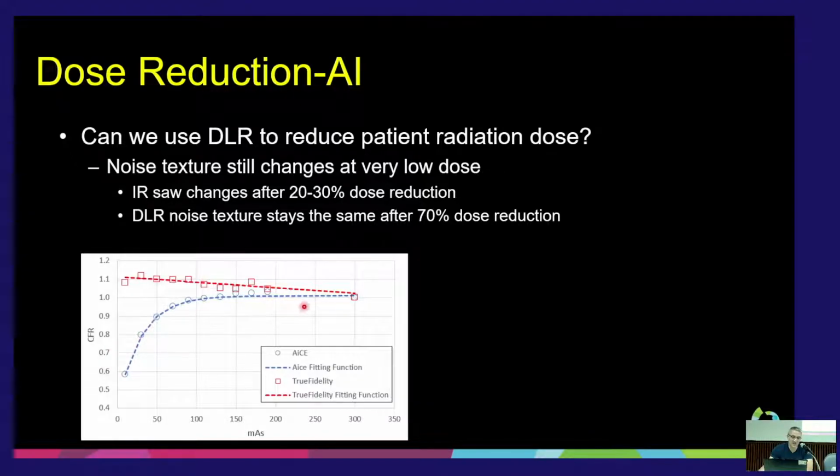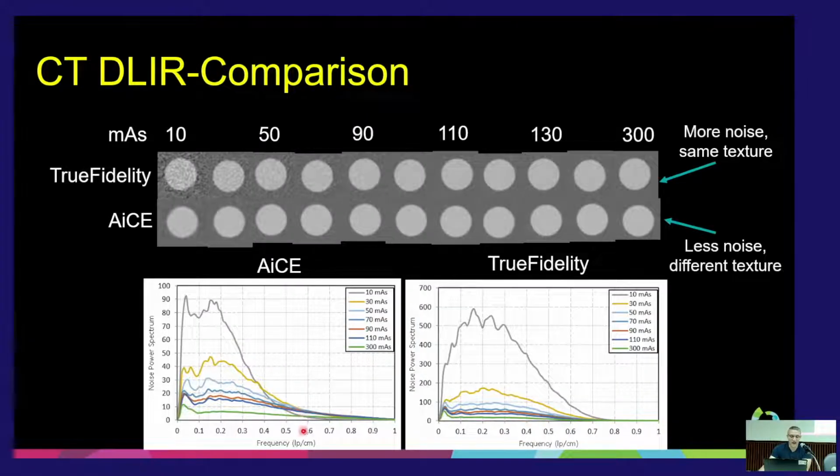And you can see that, starting at that 300 mAs level, as I then decrease the dose and use ACE, shown here in blue, or TrueFidelity, shown here in red, the center frequency ratio shifts pretty substantially for one vendor, and it does change for the other vendor, but it goes up. So if I just flip back, you can see here the one vendor where it actually goes up,